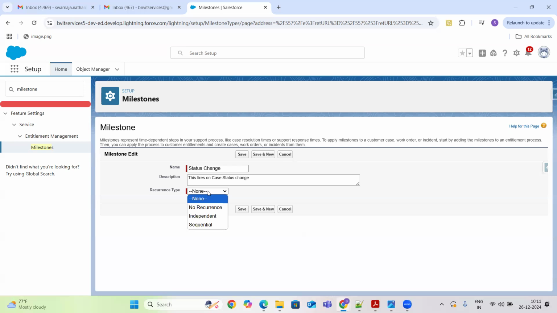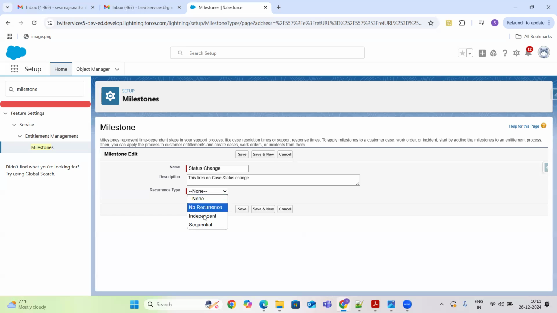Sequential is something like that. We are going to order the milestones. First, one of my existing milestones should fire. After that milestone is completed, then this is the second milestone. Whenever you want to make a sub milestone, like second, third, fourth milestone, at that time you can make it a sequential milestone.